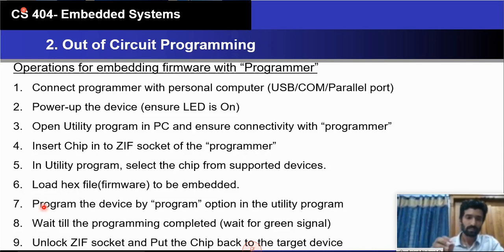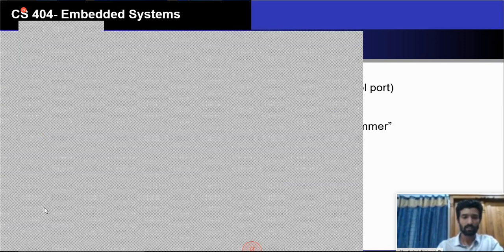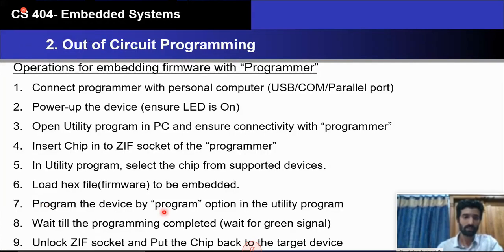So that means a process is initiated at the utility program. The hex file, the binary file will be transferred to the chip through the programmer. So the programmer will take the hex file, that is a binary file, maybe byte by byte or word by word, and it will start writing into the IC, that is a chip. So this process may take some time, depending on the length of the hardware program, the type of the chip, and maybe the communication delay. So we need to wait till that.